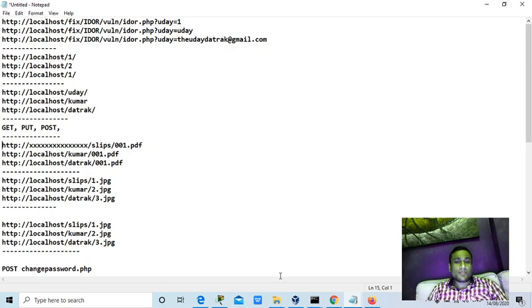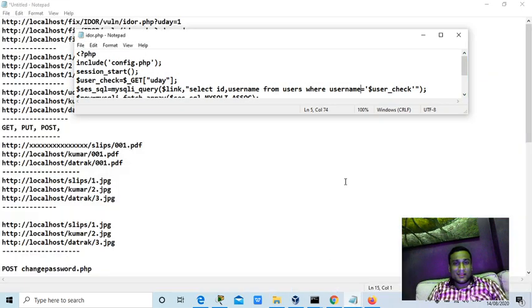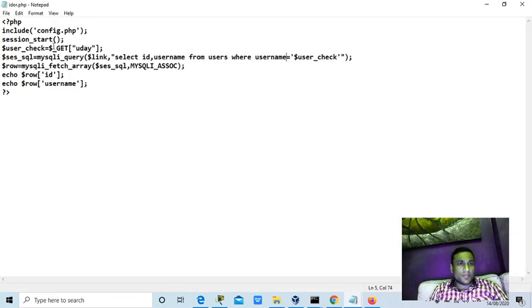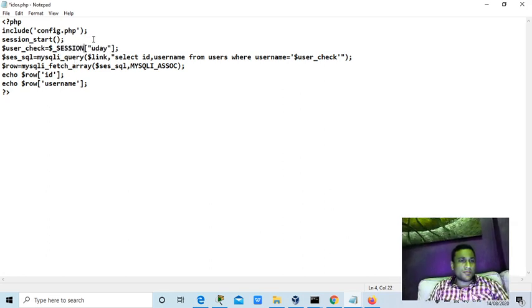And yes, we talked about fixing the IDOR, right? I told you about one scenario, like Facebook uses some very big number. Now there is another scenario: instead of depending on user input, it doesn't take any user input actually. When the user enters his username and password on the login page, it sets the username in the session ID at the server side itself, not at the client side. And every time you get profile details, it reads from the session variable itself.